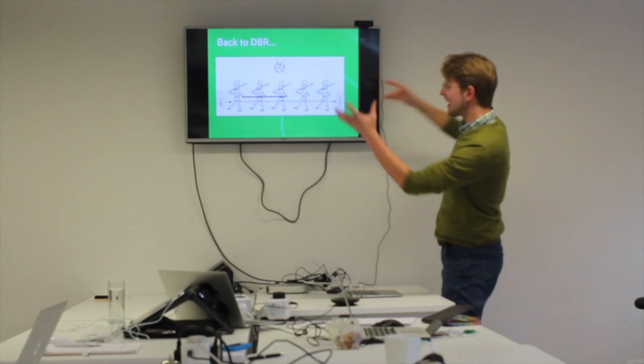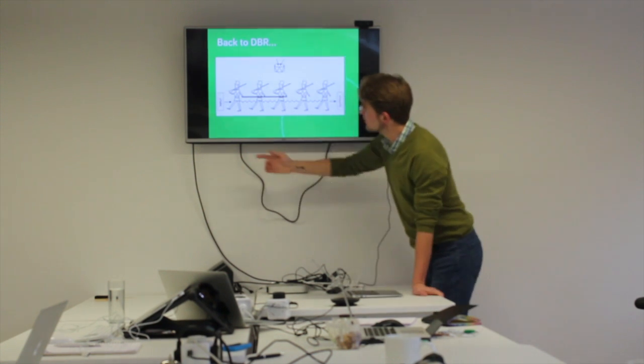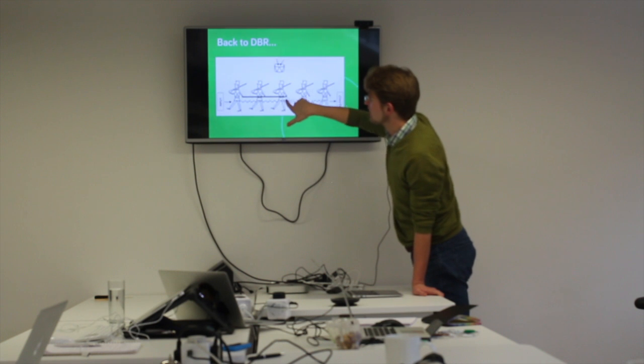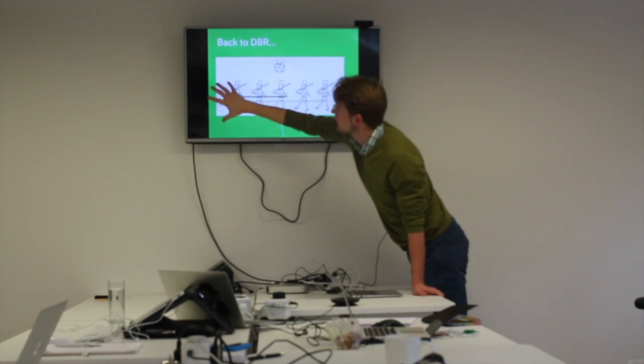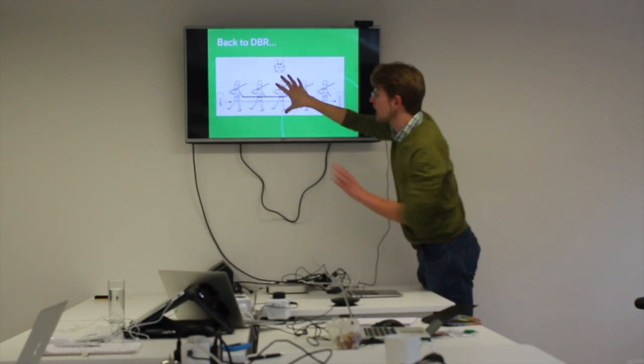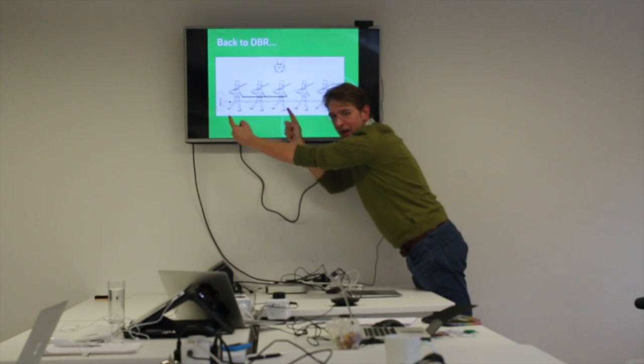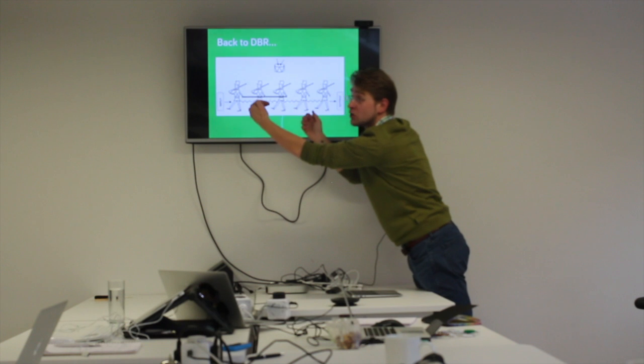So, looking at it from a process point of view, what this means is we have work coming in here, and we have the rope, which is a mechanism which says we're only going to put work in here at the point at which it's coming out here. So we have this kind of gating mechanism, which means that we're not putting too much work into the